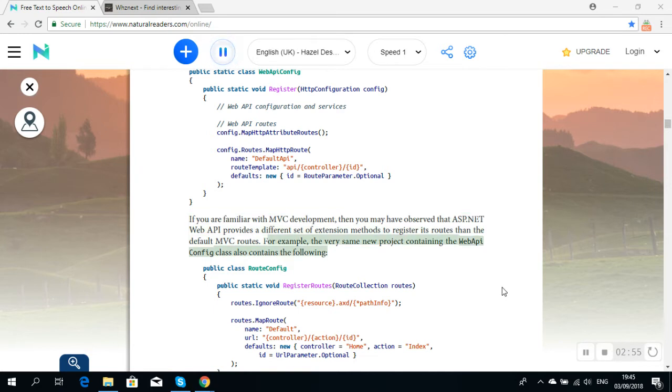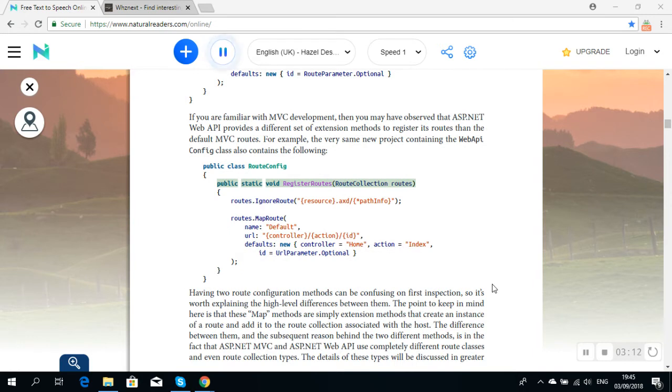For example, the very same new project containing the WebApiConfig class also contains the following: public class RouteConfig { public static void RegisterRoutes(RouteCollection routes) { routes.IgnoreRoute("{resource}.axd/{*pathInfo}"); routes.MapRoute(name: "Default", url: "{controller}/{action}/{id}", defaults: new { controller = "Home", action = "Index", id = UrlParameter.Optional });